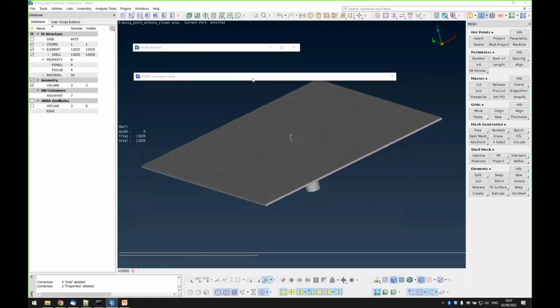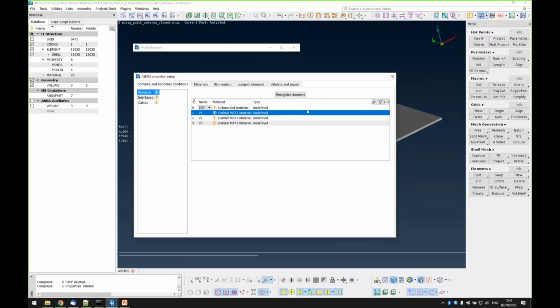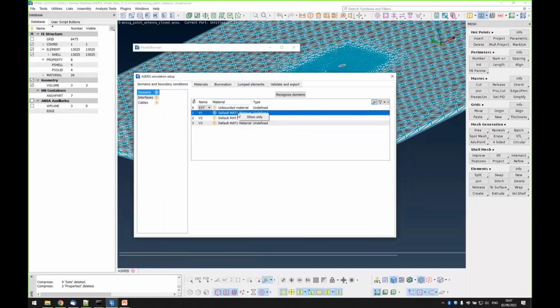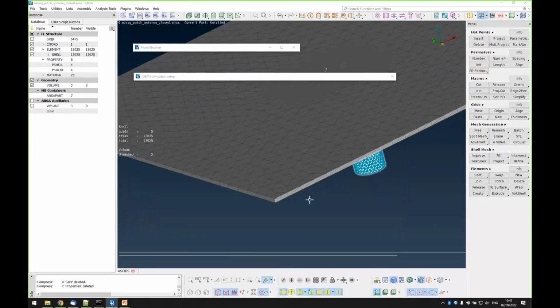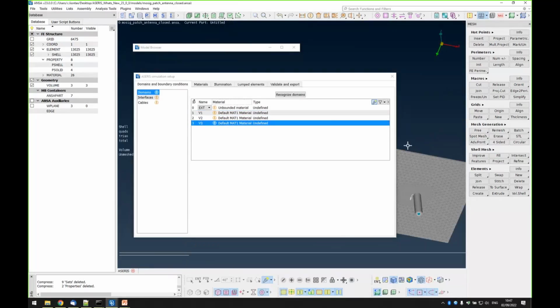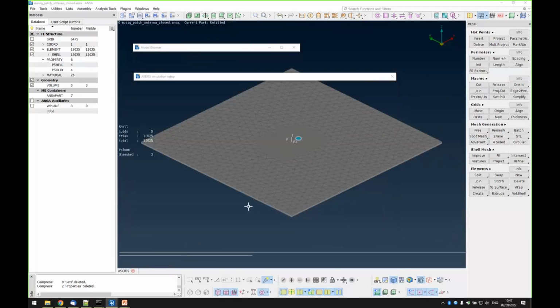So how can we see which volume is which in our model? We have the highlighter here. So here, this is our first volume. You can also isolate it by right click. This is the other volume, and this is the third volume. So let's rename them so that we can know which volume is which. This is a patch antenna. It's a standard antenna in electromagnetics. You have a printed patch.